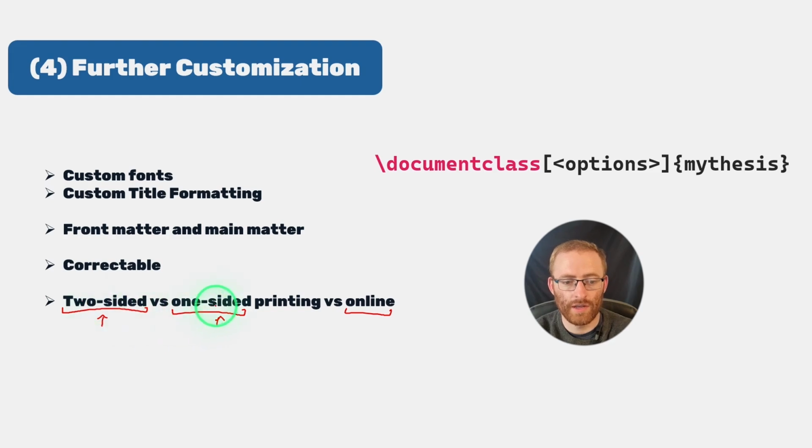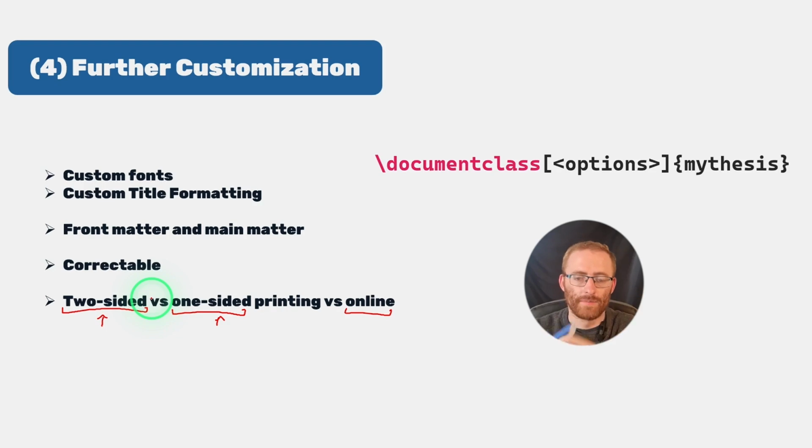If we are going to create a two-sided or a one-sided version, these will be printed, because those are defining how you want it printed. Do you want it printed on both sides of the page or one? And depending on which way we go, we need to set the page margins up differently to account for the binding. You can see here, this is a notebook with a binding,